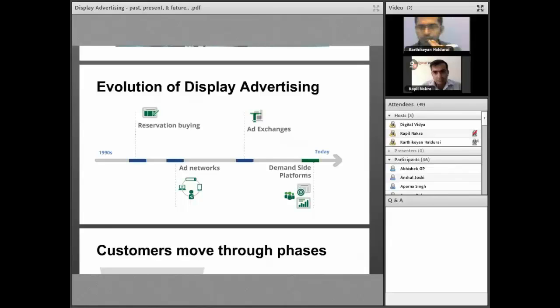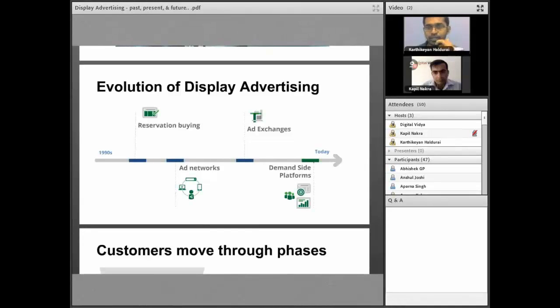But what happened slowly in the last 4 or 5 years is that networks became very popular, they became profitable, and therefore a lot of network providers started coming in. And we're talking about hundreds of networks that evolved. And again, the same problem arose: hundreds of publishers or hundreds of networks, it's still difficult for you as an advertiser to serve ads across all of these networks. So there had to be a way to consolidate all these networks